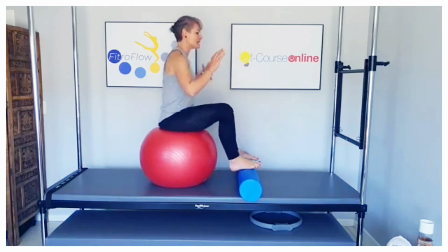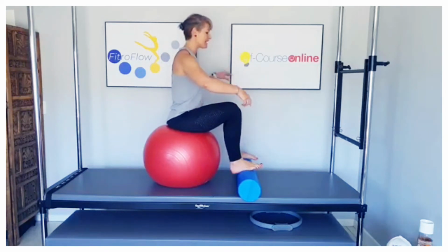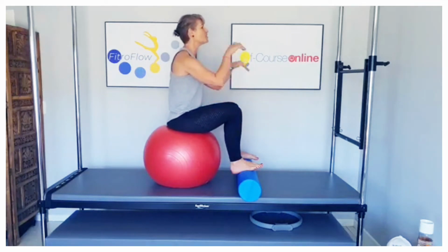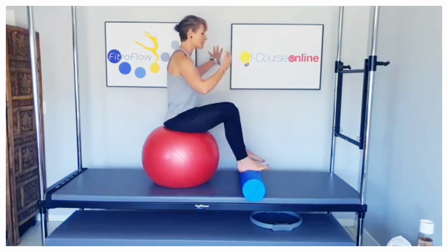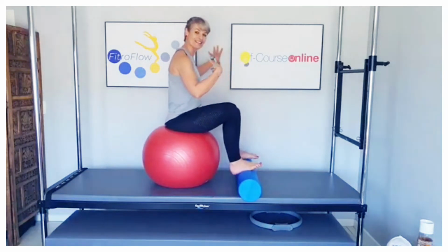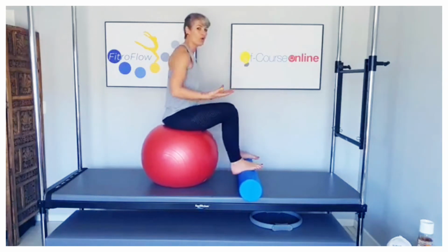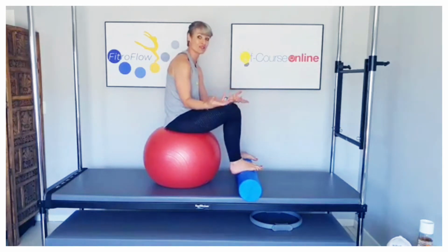I want to teach him, or whoever, to be able to shorten in the hip and extend the lumbar spine, because that's the position that we want them to be in when they're sitting with their legs straight out in front of them, or when they're doing teasers, or when they're doing leg changes. They have to be able to maintain this while the legs are actually moving, because that's how we create that good stability without the body moving all over the place for the most simple movements, unless that's what it requires